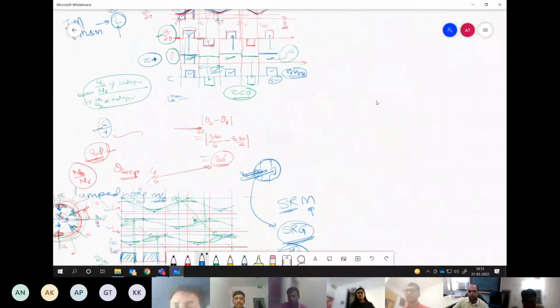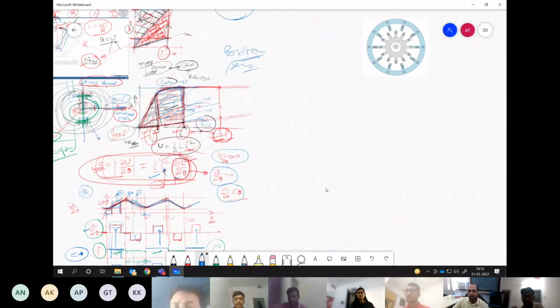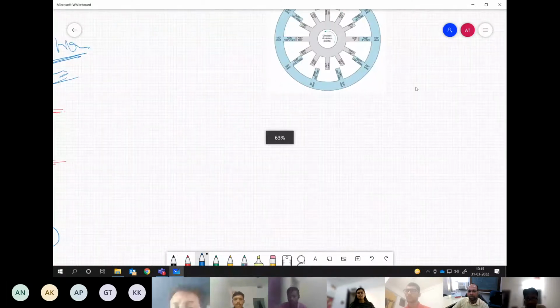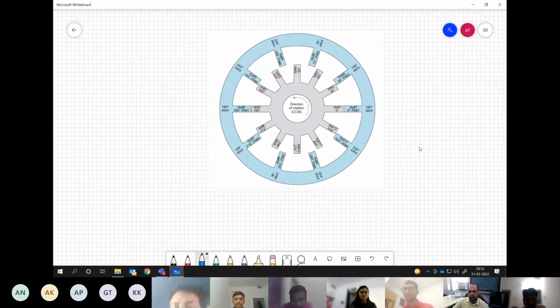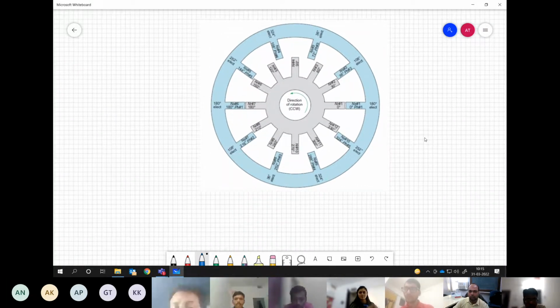So Deepak wanted to see yesterday some more than three-phase motor. So this is a kind of stator rotor configuration. I think this is a five-phase motor. So let us count how many poles there are. 4, 5, 6, 7, 8, 9, 10. So this is 10 stator poles and then